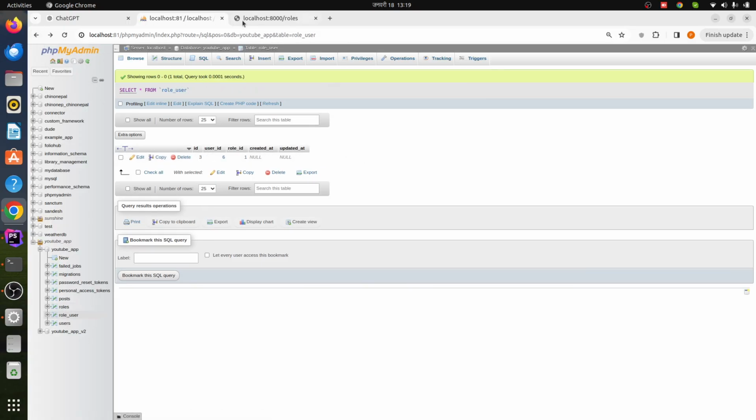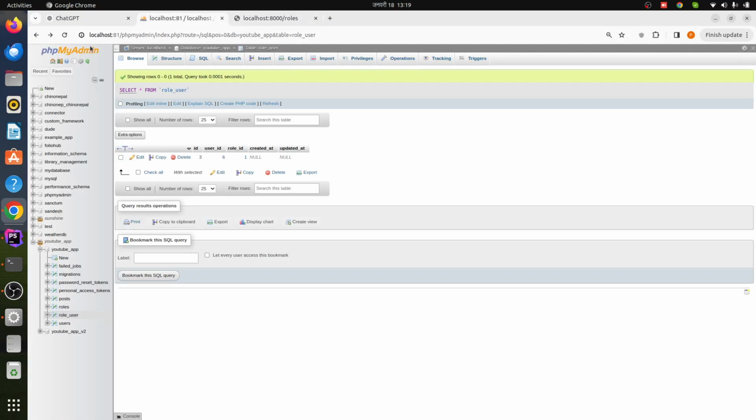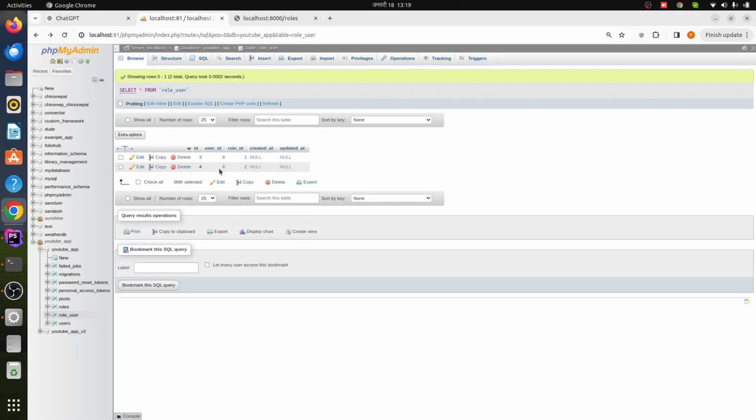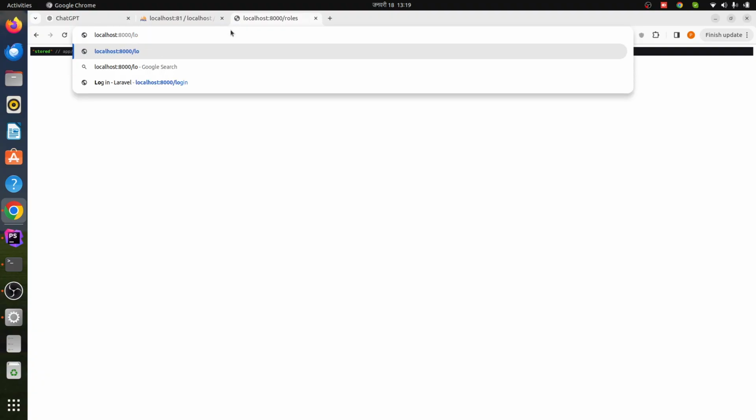manager, right? Now what I'm going to do is I'm going to add another role, for example admin, for the authenticated user. Now if I click on add role, it says user ID 6 also has role of 2, and the authenticated user has roles of manager and 2, that is our admin, right? So what I'm going to do is I'm going to log out, and